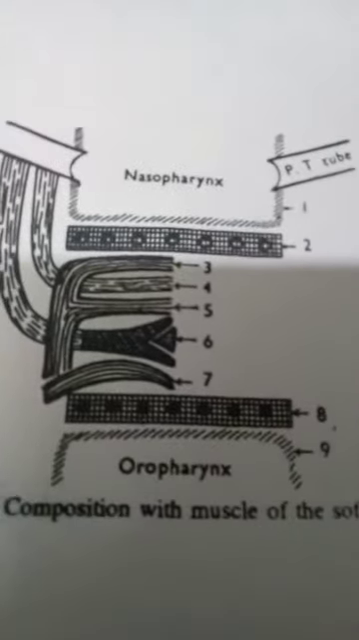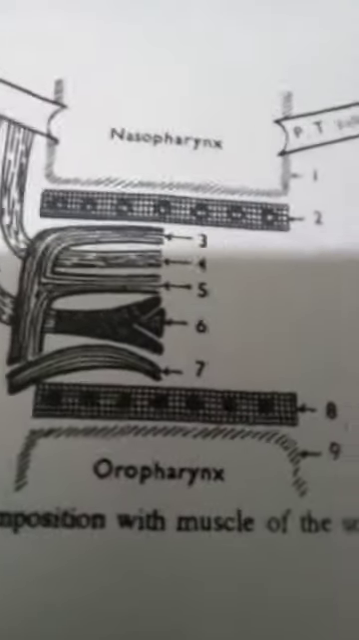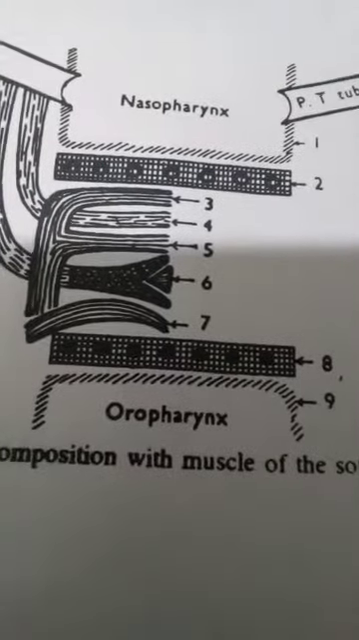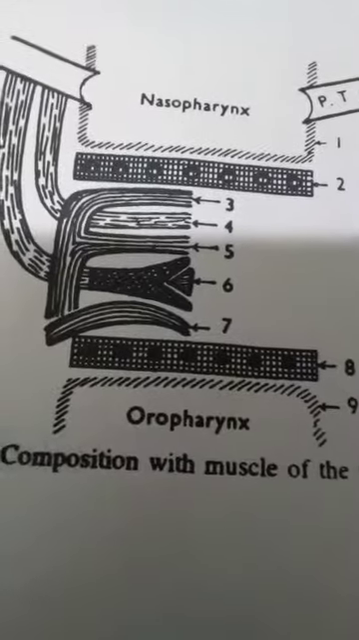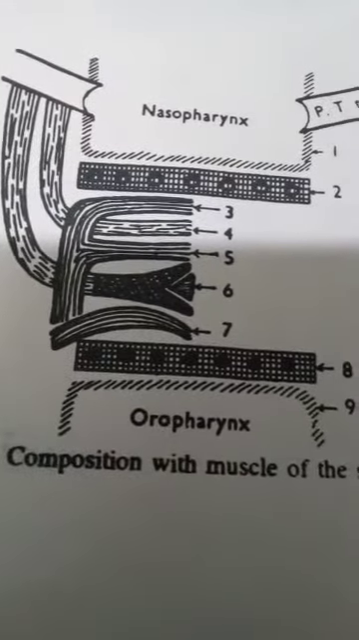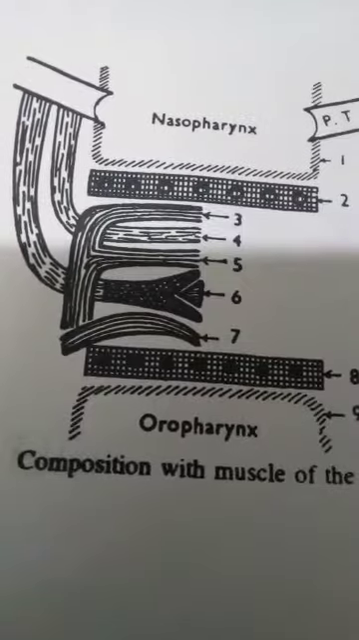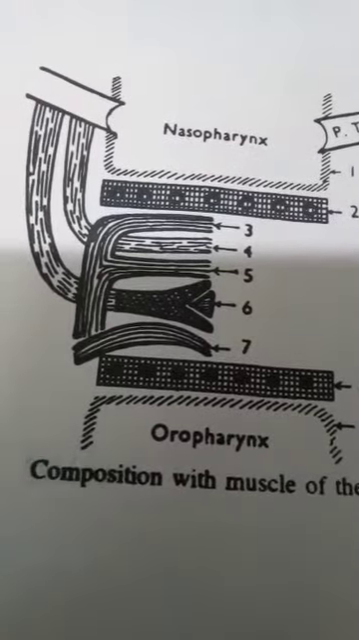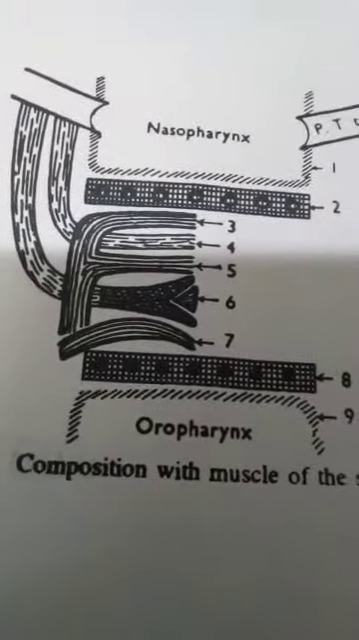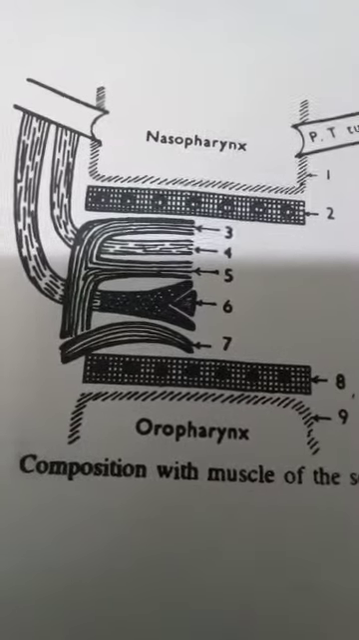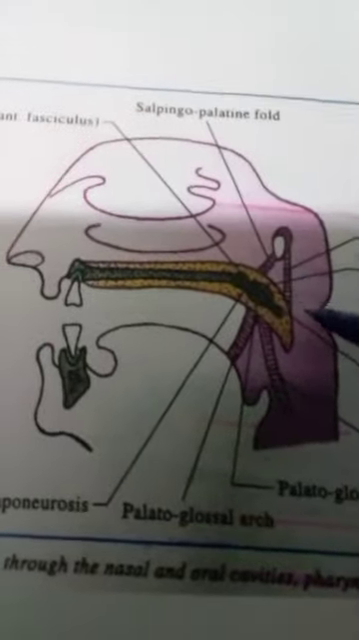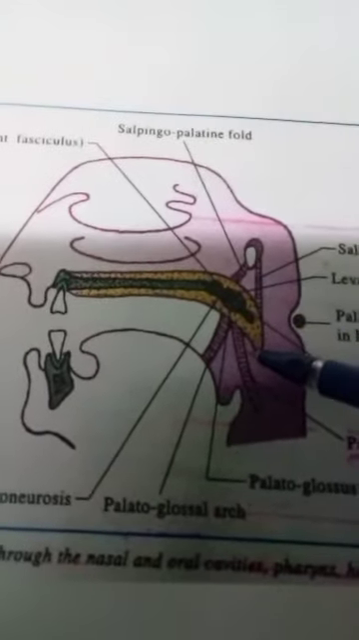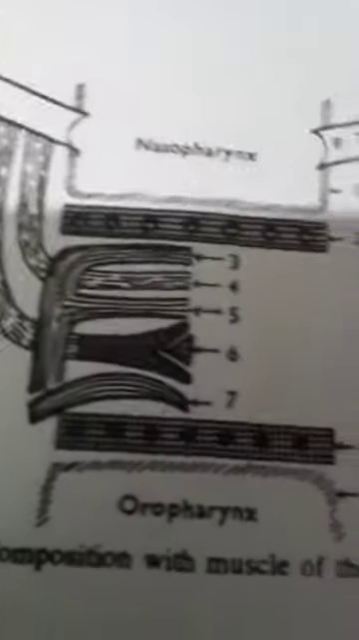So, soft palate consists of a duplication of mucous membrane containing within it muscles, vessels, nerves, and glands. The layers are arranged as follows from posterior to anterior. The layers from posterior to anterior are